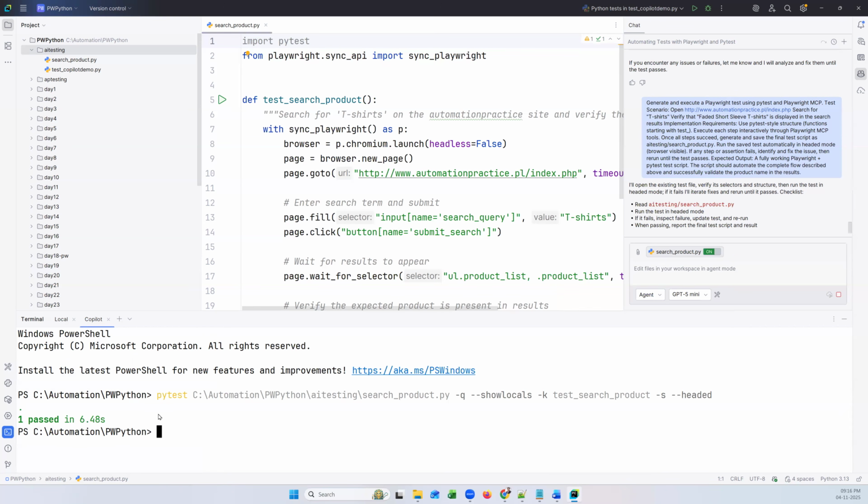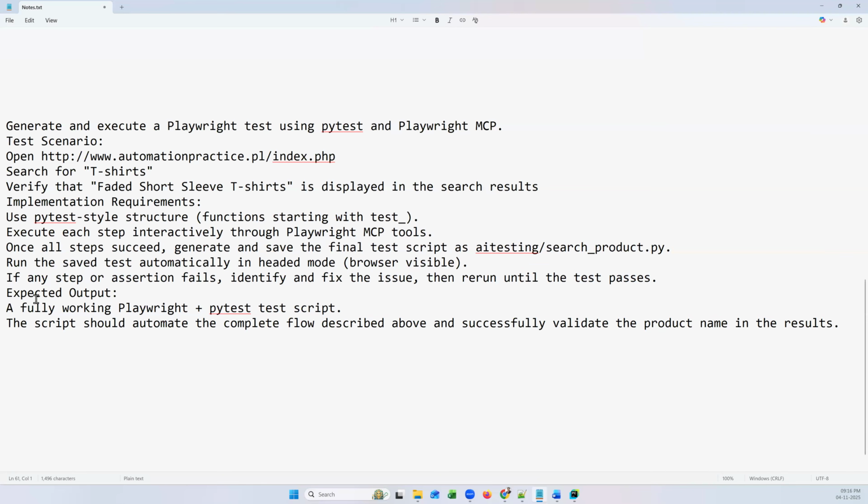Passed. Suppose it fails, what will happen? We already provided the prompt here, right? So if any step or session fails, identify, fix the issue, then rerun until the test passes. Because we already provided this instruction, if anything fails at the time of generating the test, sometimes there